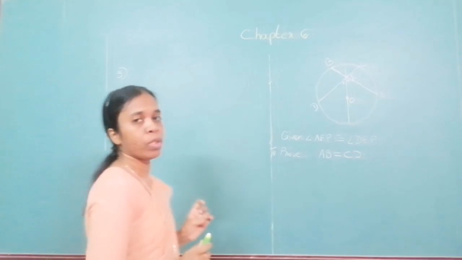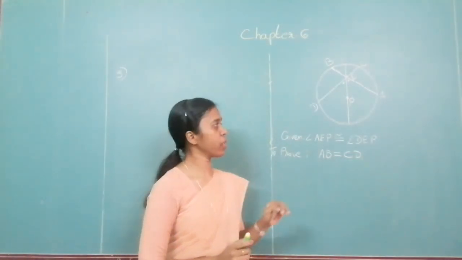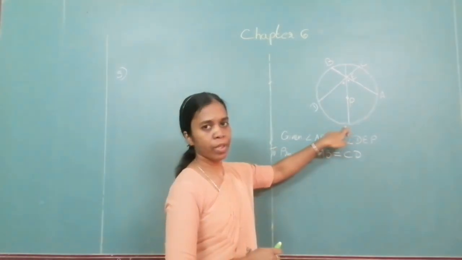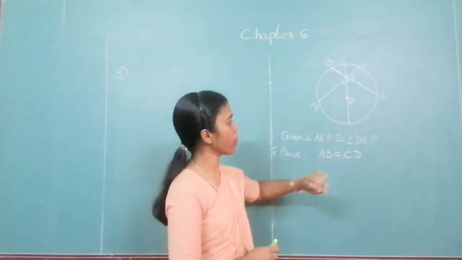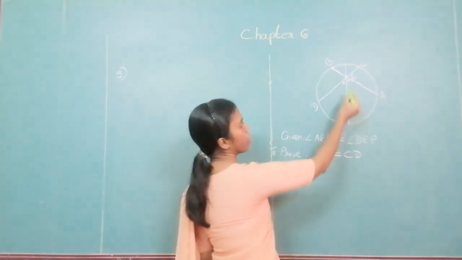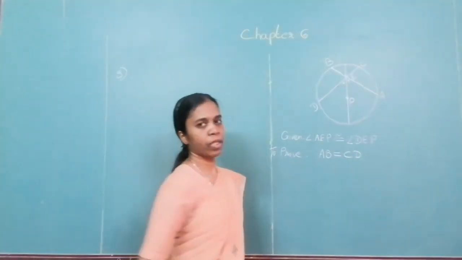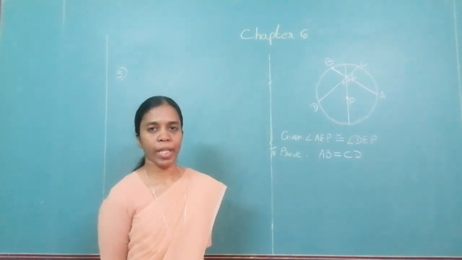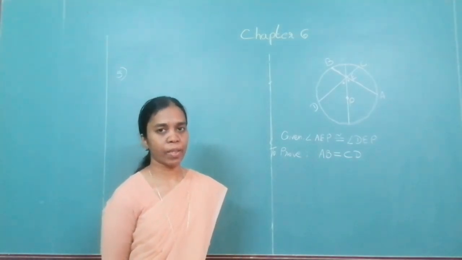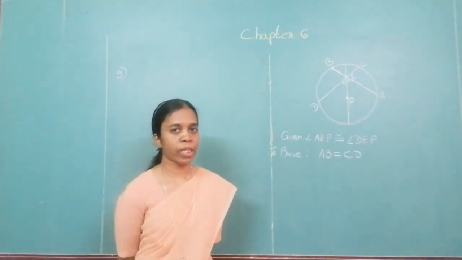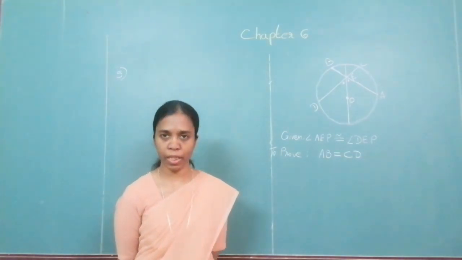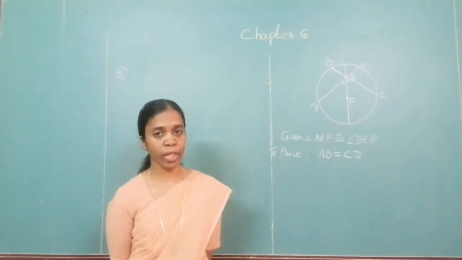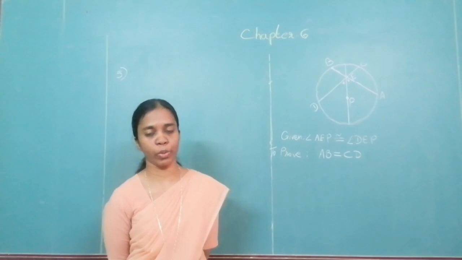Look at question number 5. What is given? You can see that this is a diameter that is given to you over there. Okay. You are told that this angle is equal to this angle, and you have to show that AB is equal to CD. Look at the diagram and tell me what is AB and CD. From the diagram you can see that AB and CD, they are the chords. So you are asked to show that the chords are congruent.